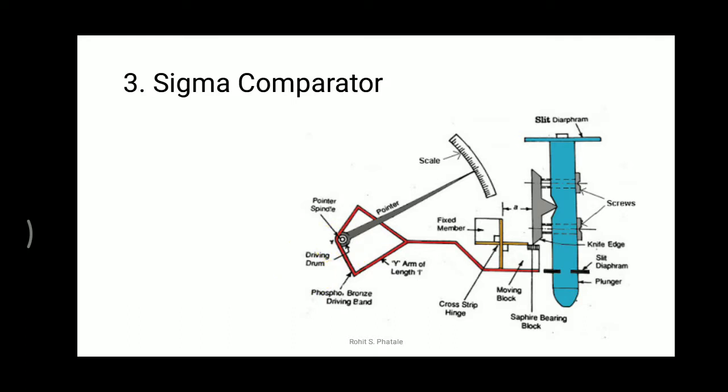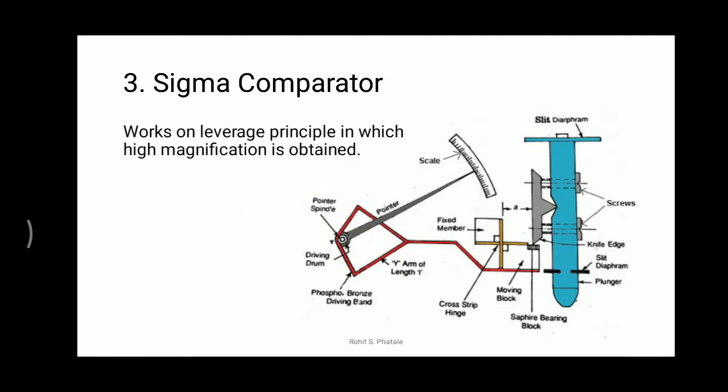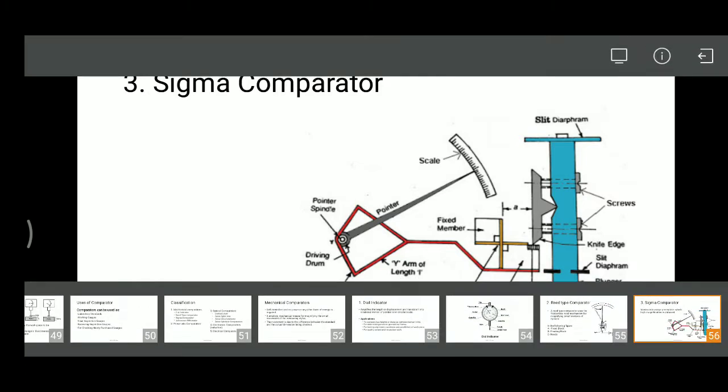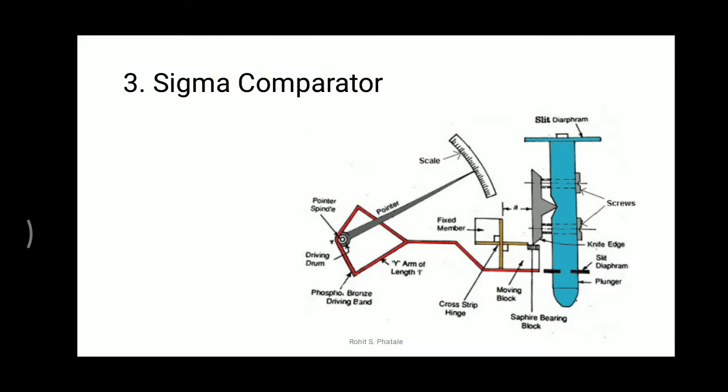Then there is the phosphor bronze driving band, which is the material of this Y arm. Then this is the pointer spindle, and this is the pointer, and the pointer is showing the reading on the circular scale. Now we will understand how this sigma comparator works.